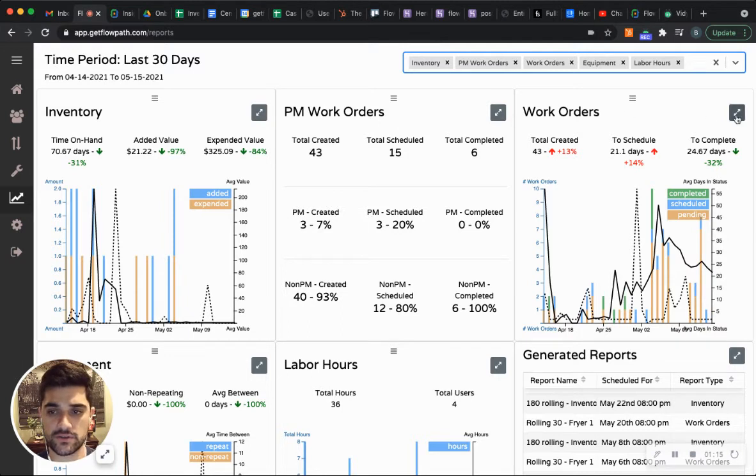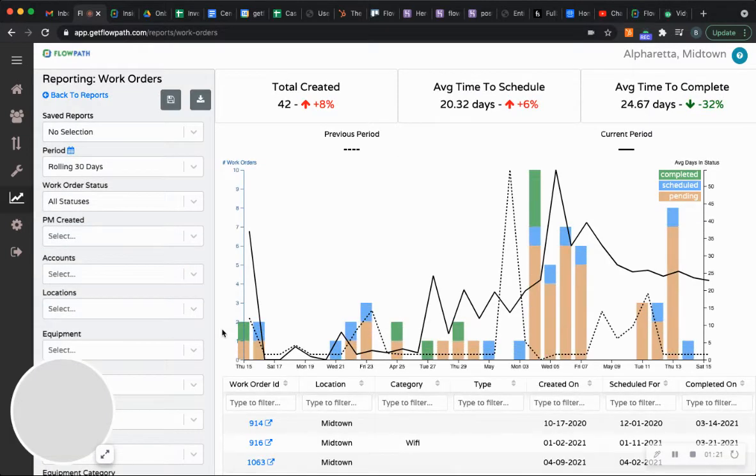So if you head into, we'll go into work orders here, this little gray button on the top right. So each of these sections can be expanded to really dive into your metrics. So all come with default KPIs at the top here, and all have a sidebar here where you can layer